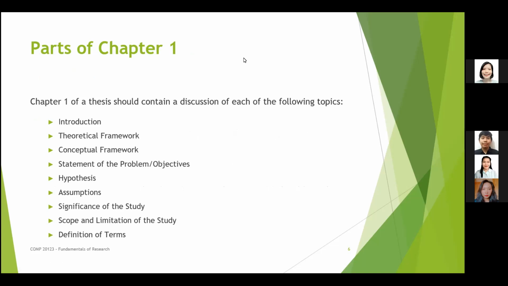So let's proceed sa parts of chapter 1. Chapter 1 of a thesis should contain a discussion of each of the following topics. Let me just enumerate. Una, introduction. Second, yung theoretical framework. Pangatlo, yung